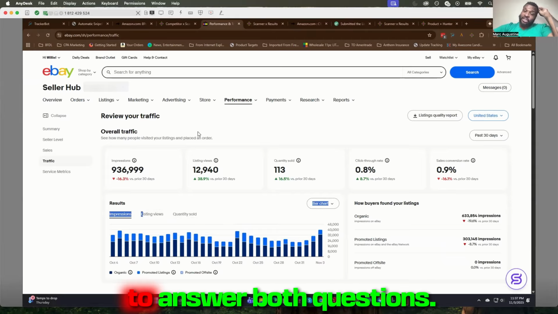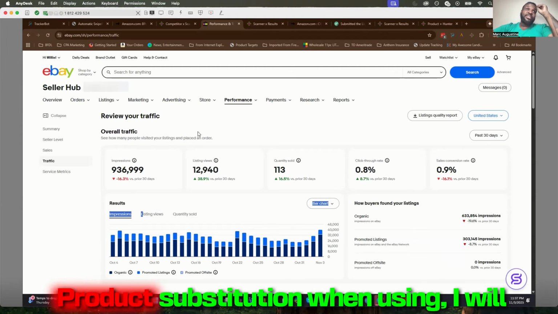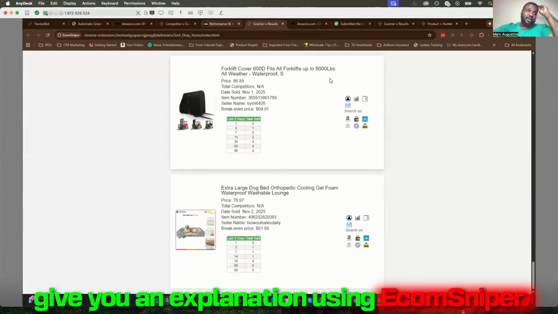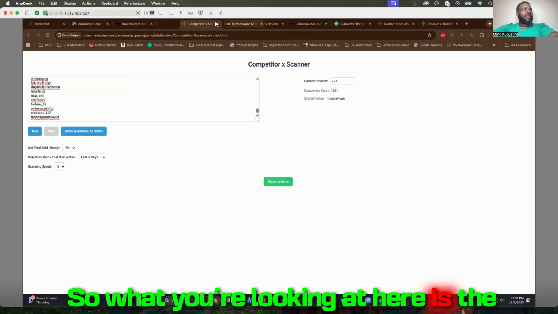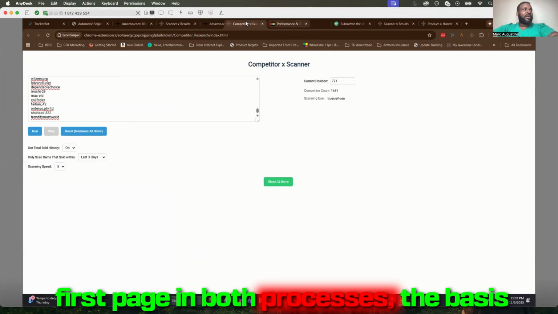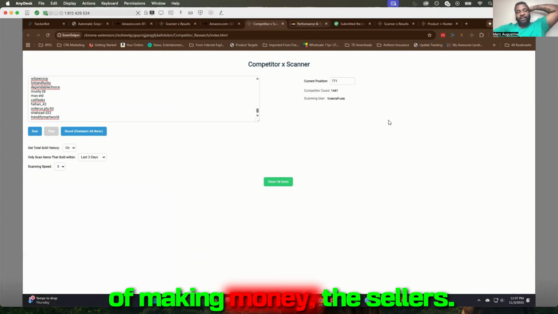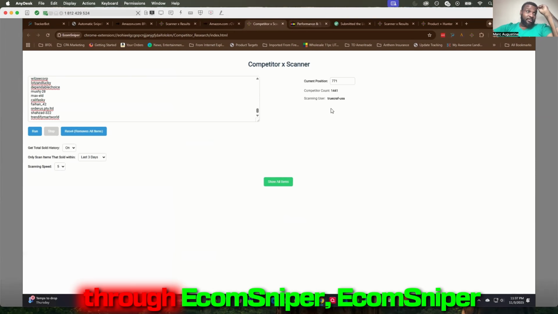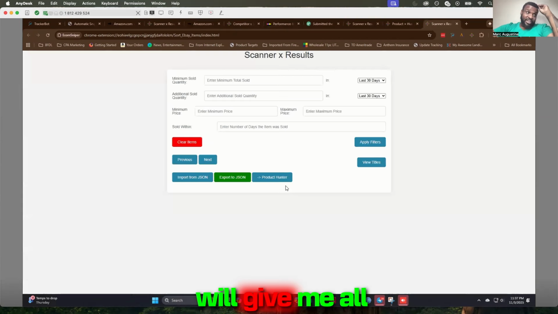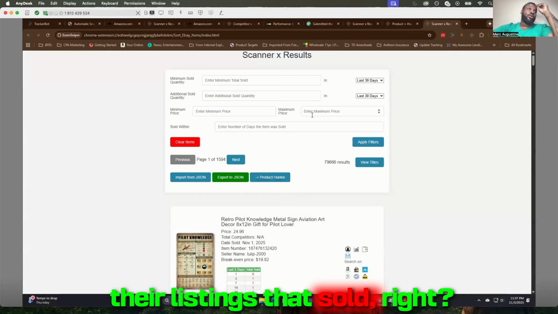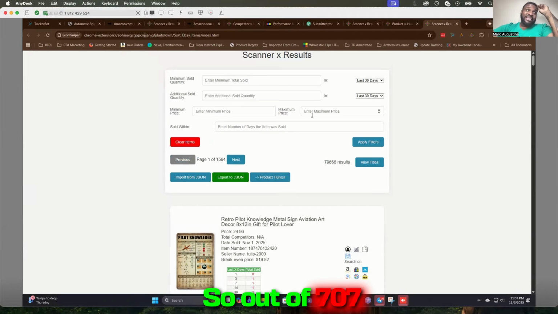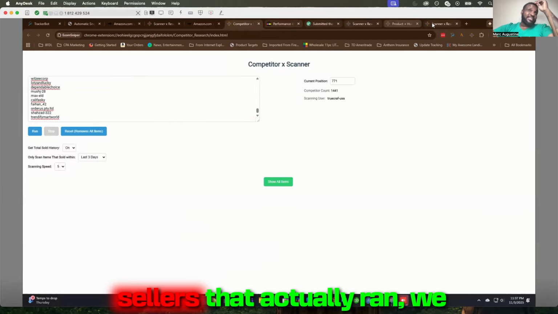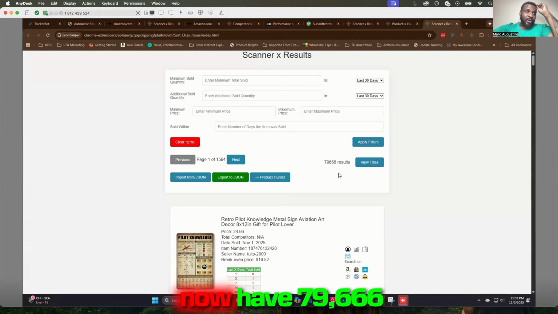So, product substitution, to answer both questions. When using product substitution, I will give you an explanation using Ecom Sniper. What you're looking at here is the first page in both processes, the basis of making money, the sellers. I have a list of sellers that, if I run through Ecom Sniper, will give me all their listings that sold. So out of 707 sellers, follow me here, out of 771 sellers that actually ran, we now have